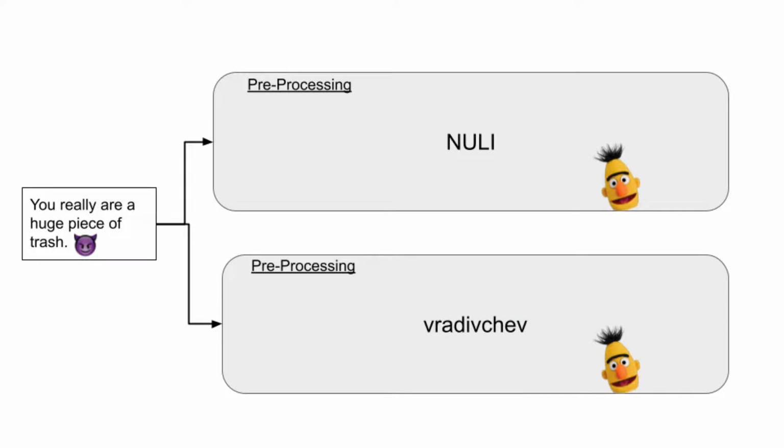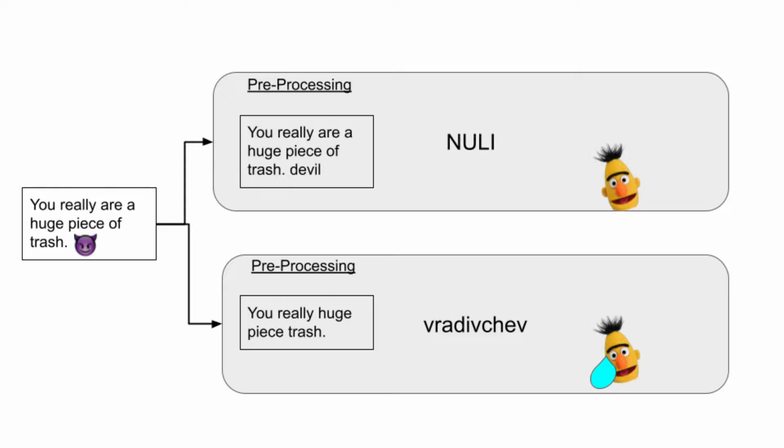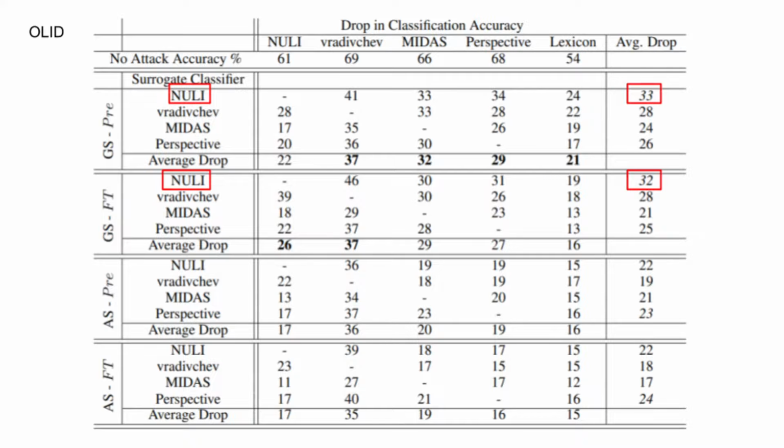We believe the stark difference between the two systems is related to their preprocessing steps. For example, Newly's preprocessing step adds in additional context by converting emojis into text. However, Veradichev's removes stop words, which could hinder BERT, which is a context-aware system. Then, as the attack is more likely to change non-stop words, Veradichev will lose both contextual information as well as offense indicating tokens. For surrogate classifiers, we find that Newly is the most helpful in causing accuracy drops against other classifiers.